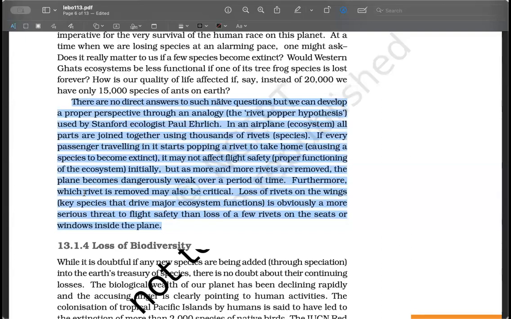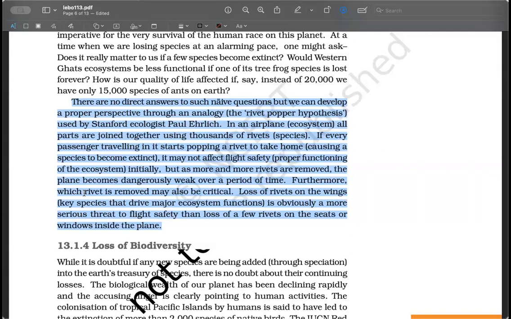And because of collision, there will be selection. It will be a selection stress, where whoever is fitter will survive, and then we will lose one species. Do you understand that? And we keep doing that and we keep losing species. That's where Tillman's work comes in: at one point of time, that whole ecosystem will crumble. It's just like taking one rivet out of the plane. At one point of time, either the wing will become too weak, or the landing gear will not work properly, and the whole plane will become non-functional.